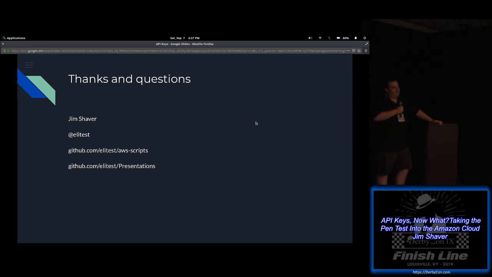Right. So let me distill down the question to basically, I get on a box. How do I pivot to something else? Is that fair? Yeah. You can enumerate networking information through that 169 address. If you're on a VPC, on a cloud network, when you're on the box, you should just be able to see what's on the network, just like a normal pen test. So you're just on an internal network from that point. So potentially.